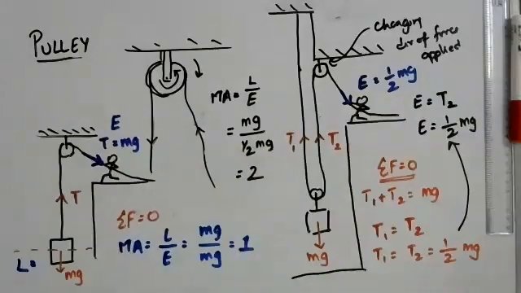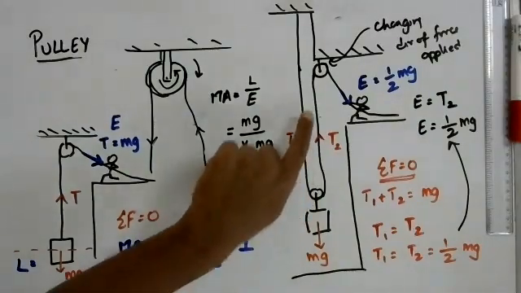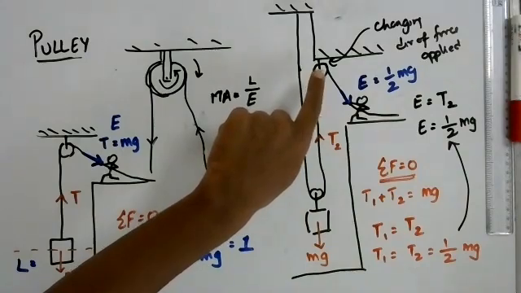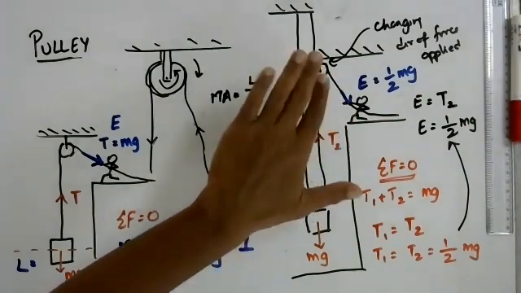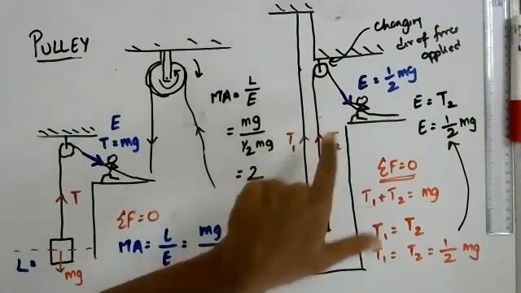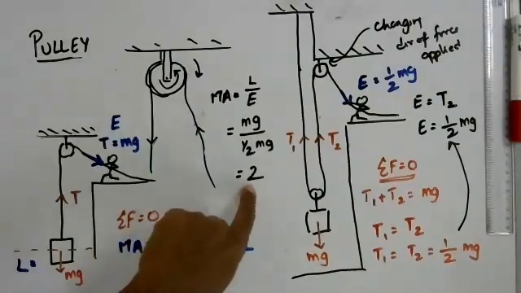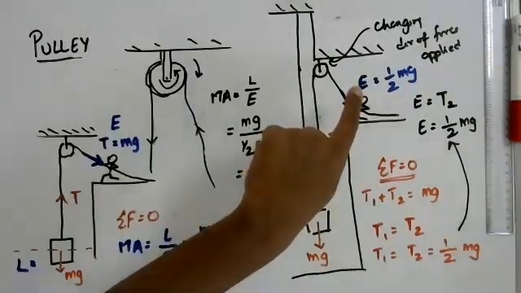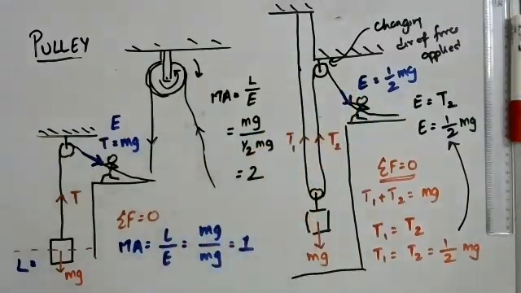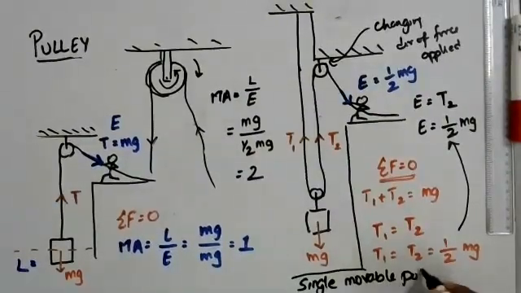So in an ideal situation, if you have a single movable pulley, which you can then fix to a fixed pulley in order to just change the direction. You can imagine if you remove this pulley and have this person pulling the rope up directly, the situation would be exactly the same, and you would get a mechanical advantage of 2. That means whatever you apply in terms of effort, that can be doubled at the load side. So that is how a single movable pulley works. So this situation is what we call a single movable pulley.